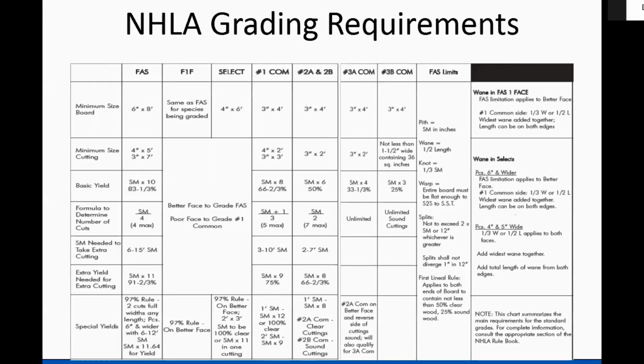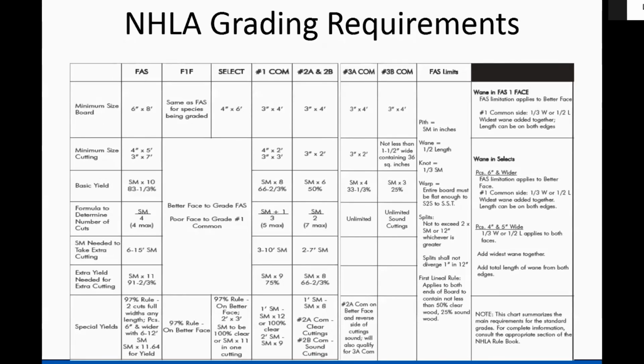Here I've got a table just demonstrating the NHLA grading requirements. You've got FAS, you've got your one face, which is FAS on one side, and then you've got your select, which is essentially a smaller FAS. So we've got your minimum size board requirement for each of these grades going down this column here. You've got your minimum size cutting, your basic yield,